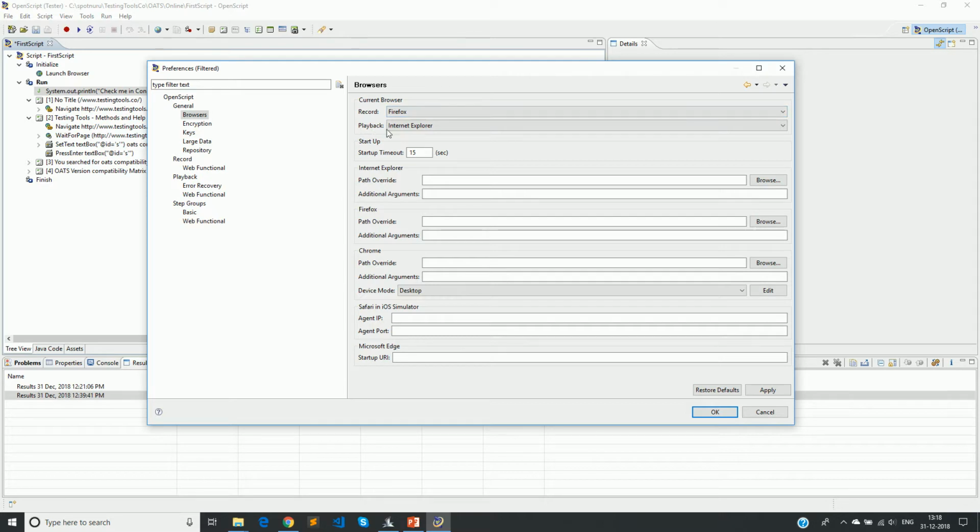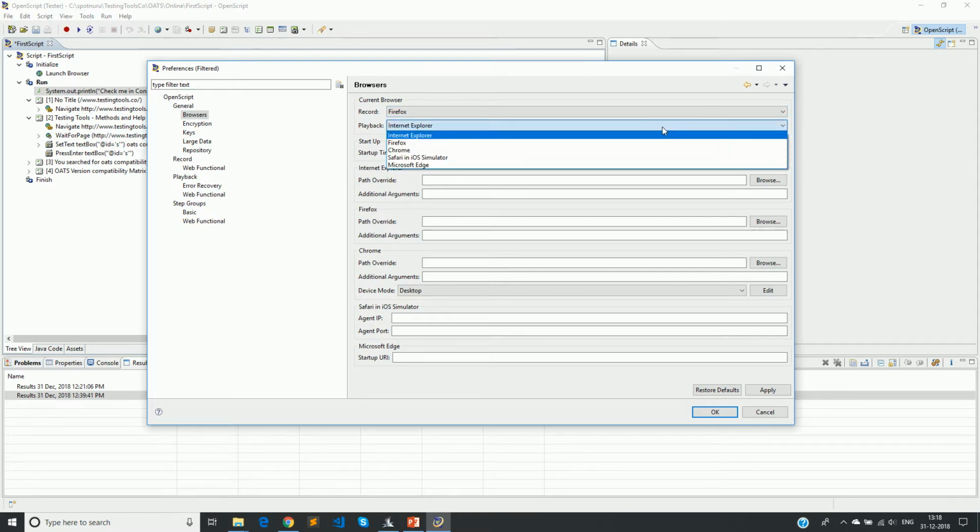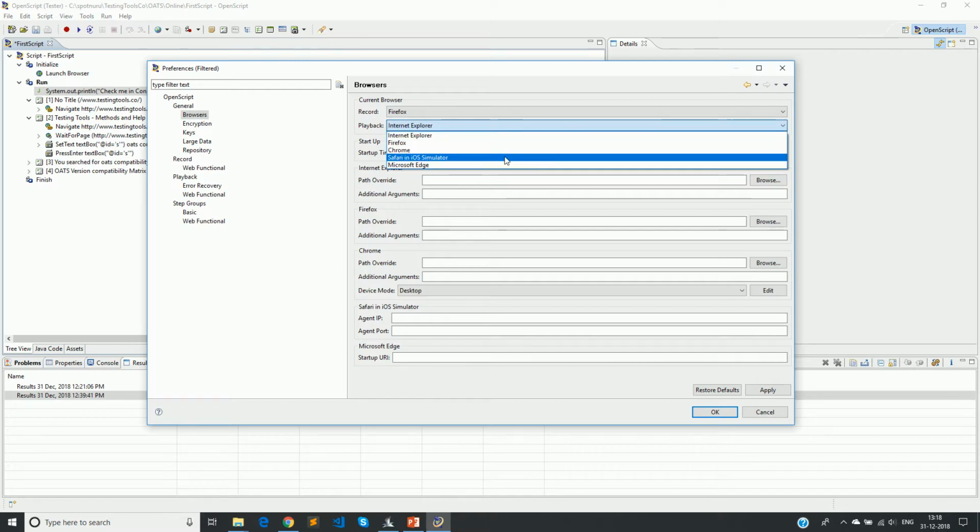And even for playback, we have this option. In playback, we have a couple more browsers, which are Safari in iOS Simulator and Microsoft Edge. There's no recording option available on these two browsers, but there's an option to play back a script. For example, you can record the script using Internet Explorer, but check it on Microsoft Edge by playing it back.